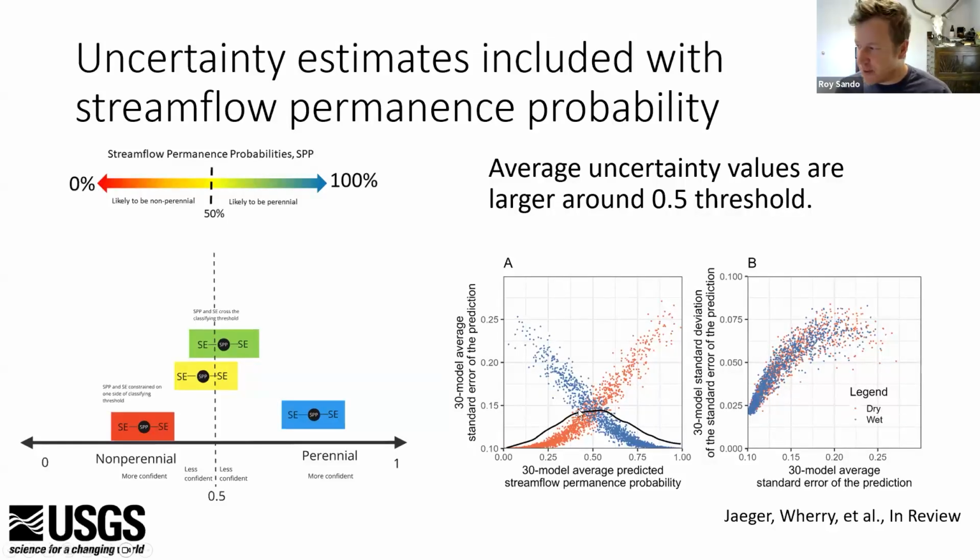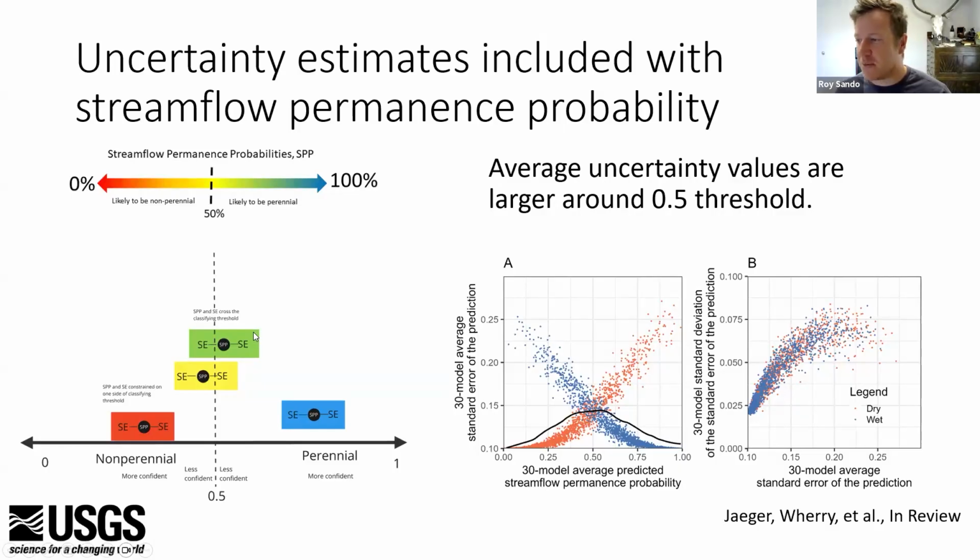And what you'd expect here is that around 0.5, predictions of 0.5, model uncertainty increases. And that's exactly what we saw. So you can see here in plot A on the lower right-hand side, the uncertainty associated with both intermittent and perennial predictions, and they increase as you reach the other end of the spectrum, essentially. What this allows us to do now is our published predictions have uncertainty associated with them.